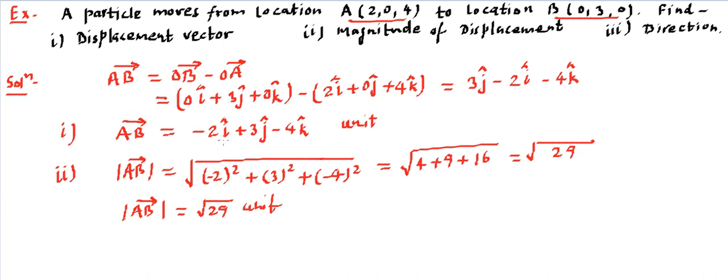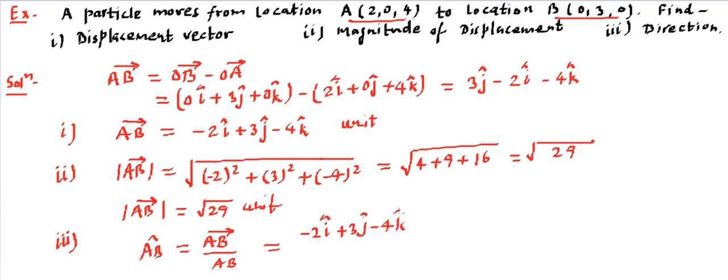If a vector is known to us, we should learn here how to get its magnitude, and this is what we are going to use always to get a magnitude out of a vector, if the vector is written in i cap, j cap, k cap. Now the third part, which is talking about the direction. For writing the direction AB cap, we will be using the formula: AB vector divided by its magnitude. Now the AB vector is written over here, which is minus 2i cap plus 3j cap minus 4k cap. Let's divide this by its magnitude. The magnitude is square root of 29, so we will divide it by square root of 29.